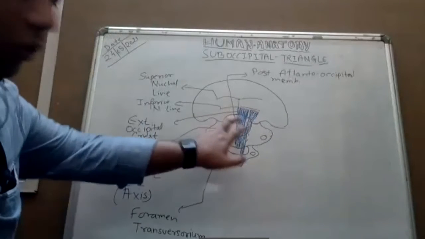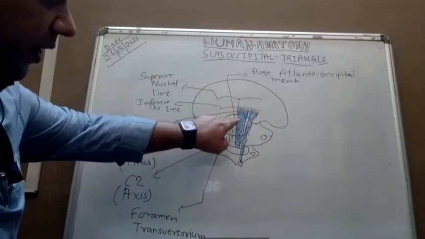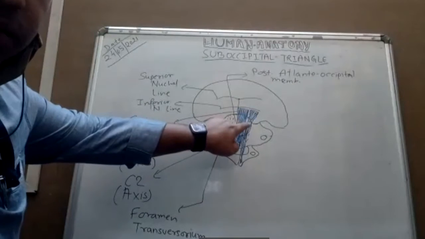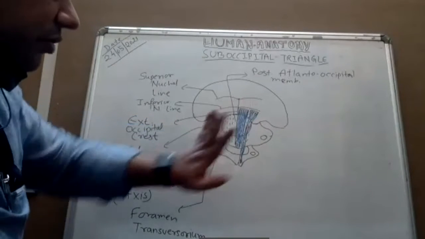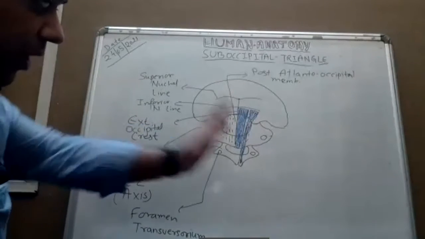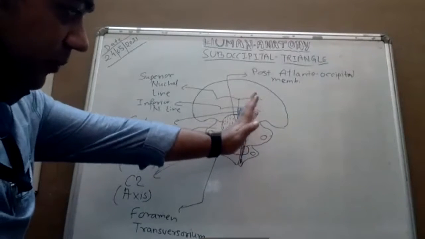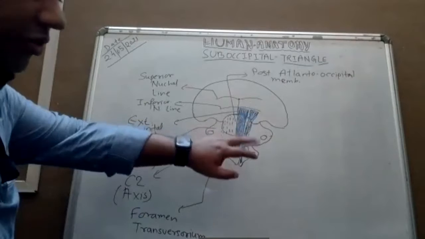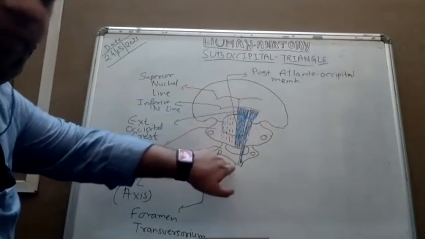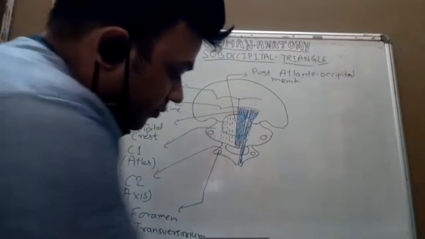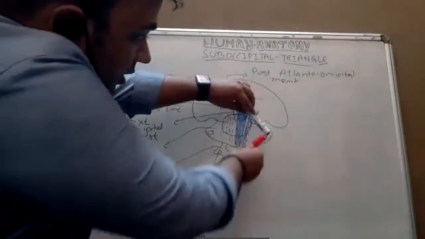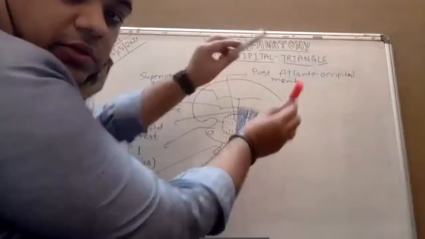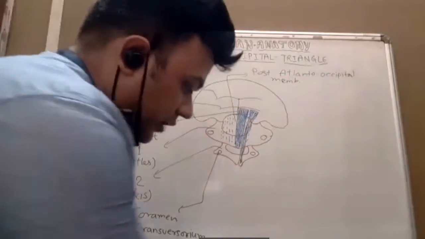As on the medial side, there are two muscles: rectus capitis posterior minor, and lateral to it, rectus capitis posterior major. So this is one boundary, forming the medial boundary of the triangle. Now the other two boundaries are the supralateral and infralateral, like this. The supralateral and infralateral. Okay, got it? So I will draw for you.